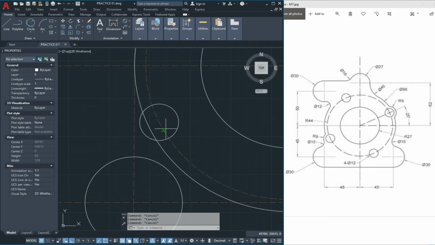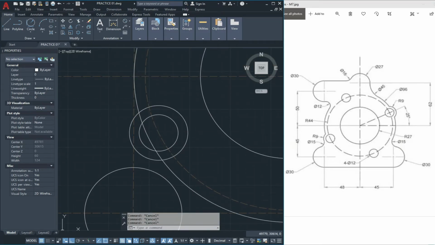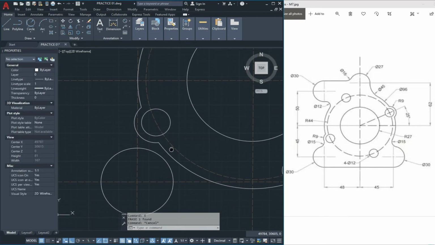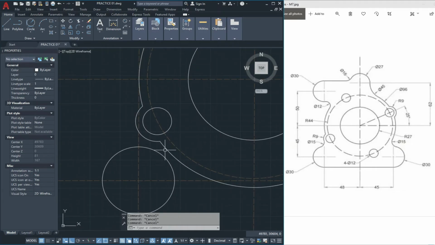And guys, we will draw a circle here with the radius of 9 units. And with TR double enter, we trim the circle like this. And now we draw a circle here with the diameter of 15 units with the 10 radius.